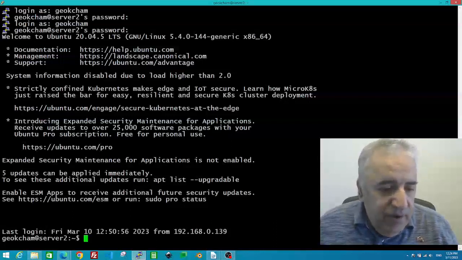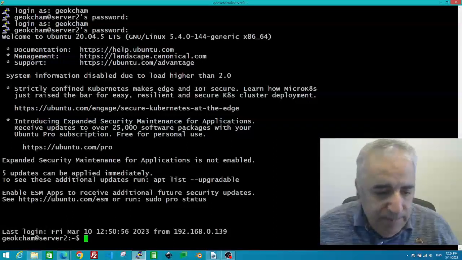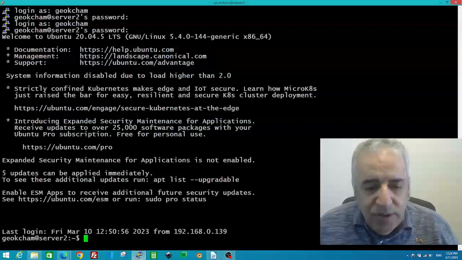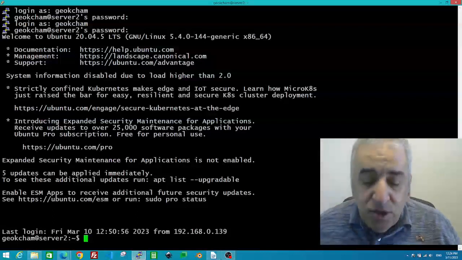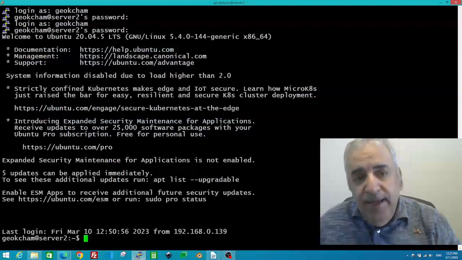It shows 5 updates can be applied immediately. To see those additional updates, run apt list upgradable. I'm not gonna do it right now, but it says enable ESM apps to receive additional future security updates. Run pro status. So what's good about Ubuntu, I'm not sure about the other Linux distributions, but for Ubuntu, it